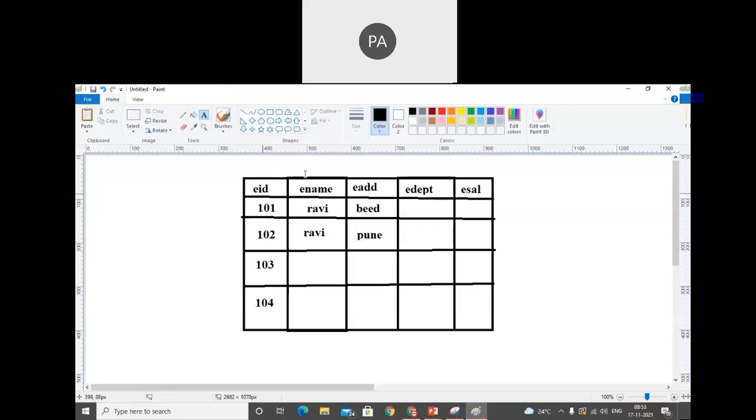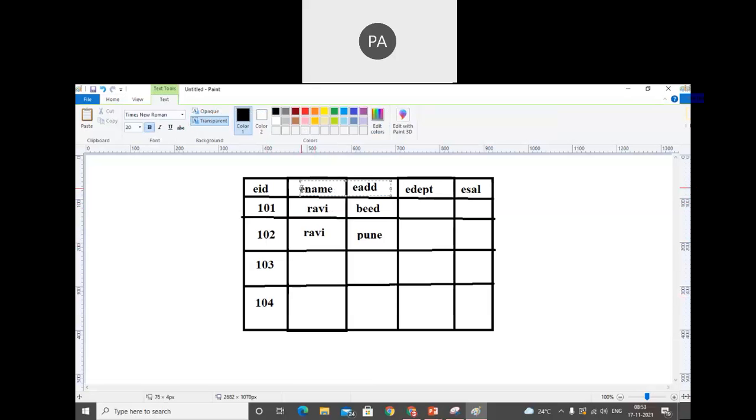Whenever we create the schema, we will learn about normalization rules later on, because right now we are trying to learn only the basic concepts of DBMS. When we learn normalization, you will get a brief idea regarding first normal form, second normal form, and third normal form. Before starting that, the primary key itself indicates that the data must be uniquely identified. When we discuss the employee name attribute, there is a chance of duplicate names.